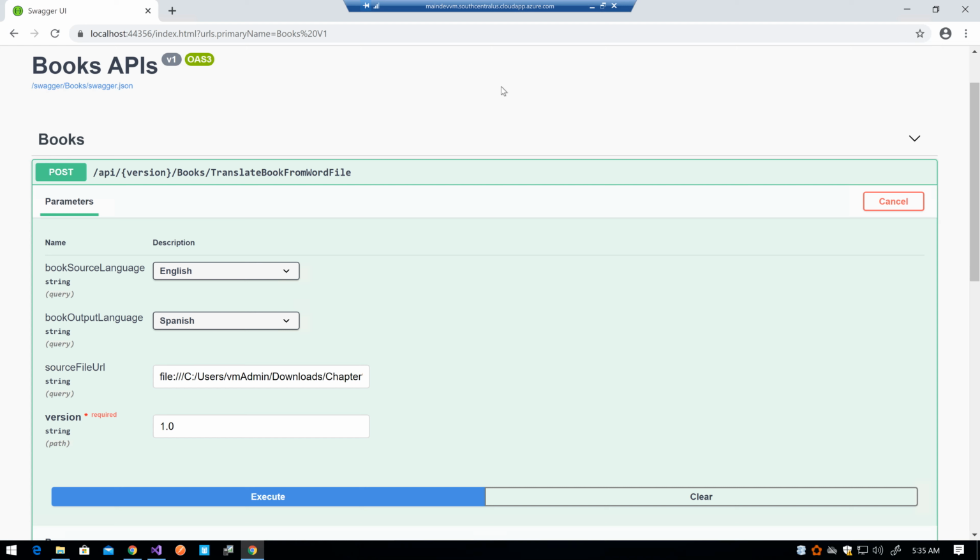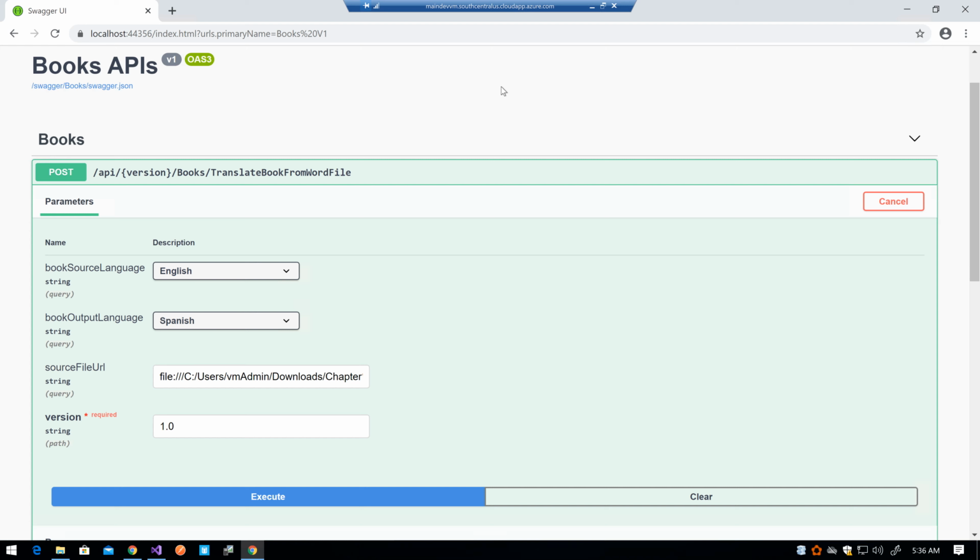So in a previous video we talked about how to use APIs in order to translate your book contents. However, those APIs were at the beginning and they only supported translating text that was stored in a text file. So basically you had to have your book stored in an HTML encoded text file. So now, well, I mentioned that I was going to set the functionality to be able to translate